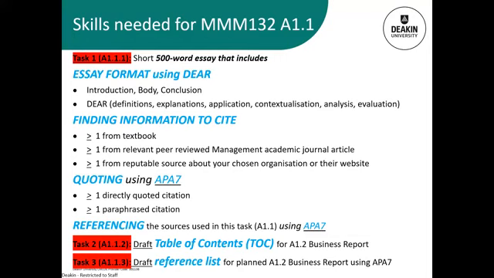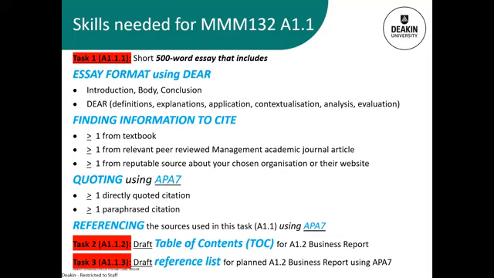Because it is a preparation assignment, it does focus on those key skills: researching, writing, citing, and referencing. And if this is your first unit, these skills might be new to you. And really that's why we are including them and asking you to show them in this assessment.